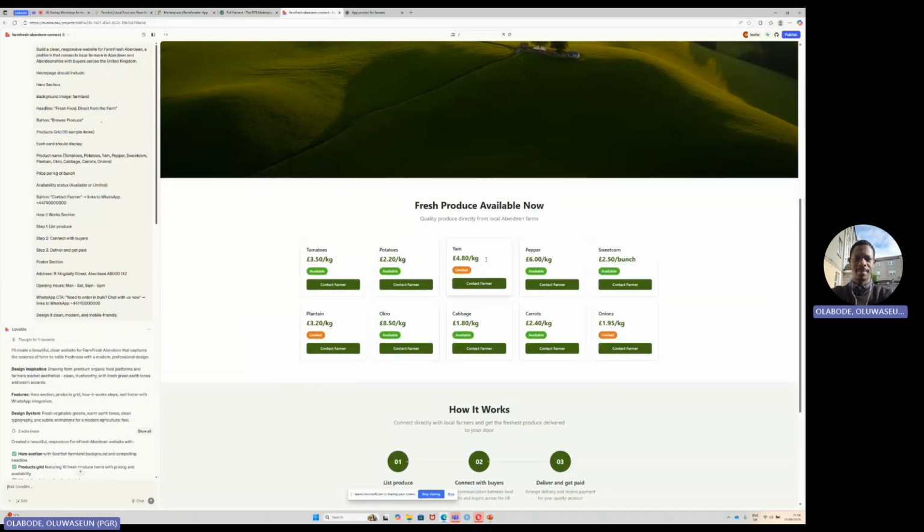So if you want it to show, you say each grid should show an image of the products, and product name, and then price per kg or bunch, with availability status,